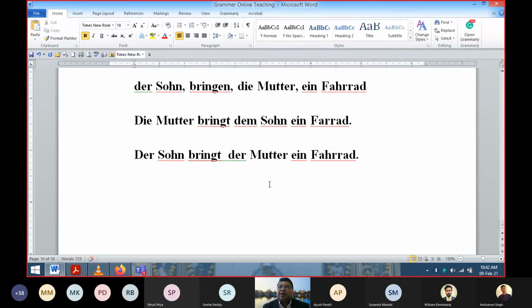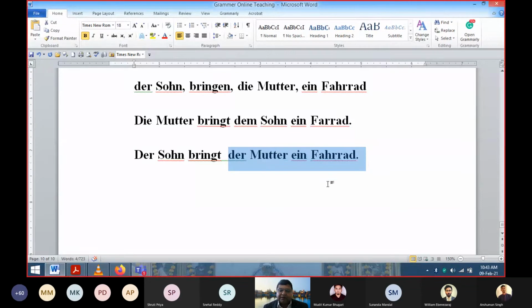Is it clear or not? If it is not yet clear, please ask. Anybody having any doubt? Please ask. Yes, sir. So can we use the direct object before the indirect object? No. That's why I'm telling that this order cannot be changed. This is the rule of the grammar. If two objects are coming side by side, then first indirect, that is first dative, then accusative. First indirect, then direct. This order should be maintained, and this applies only if both are coming together, one after another.